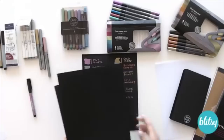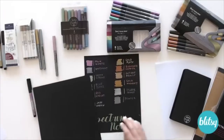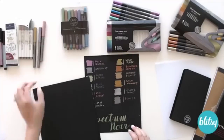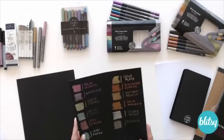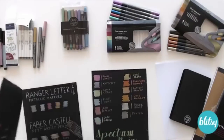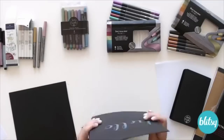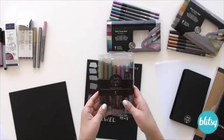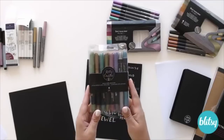Okay, next up we have my favorite, which are the brush markers. You can use them for coloring, but also brush lettering, which is really, really hot right now. I have been loving learning the brush lettering techniques. I'm going to kick it off with first the Kelly Creates metallic jewel brush pens. These are really great. They come 8 to a pack. They are super juicy metallic pens, and